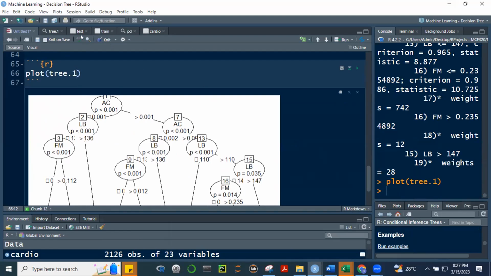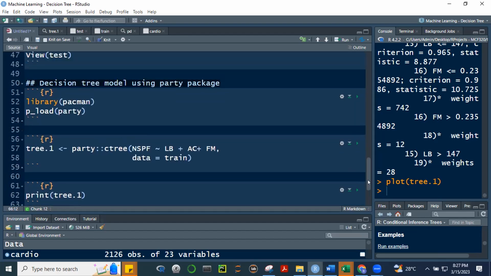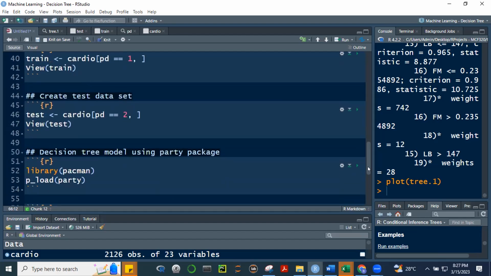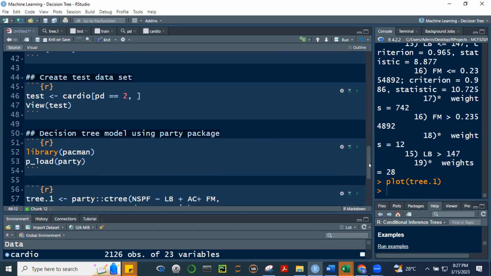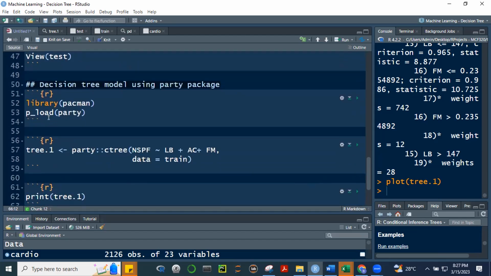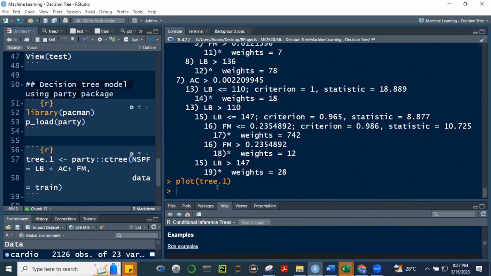By the way, hindi pa natin tinignan yung, no? Okay. Tingnan nga natin, let me see. Anong function yun? Is it xtabs ba?